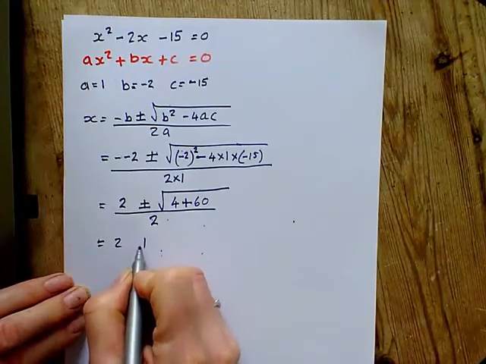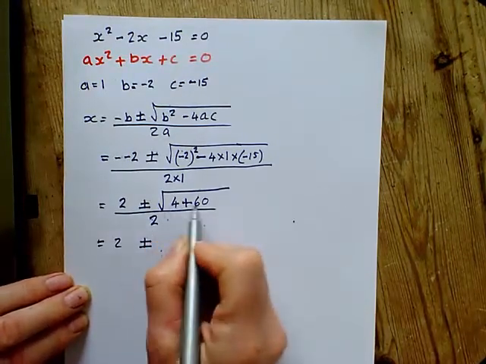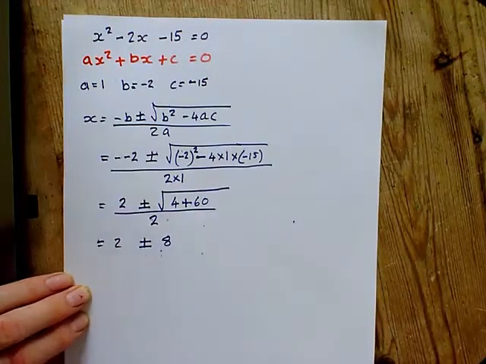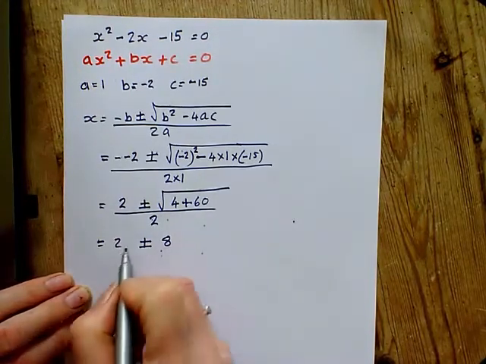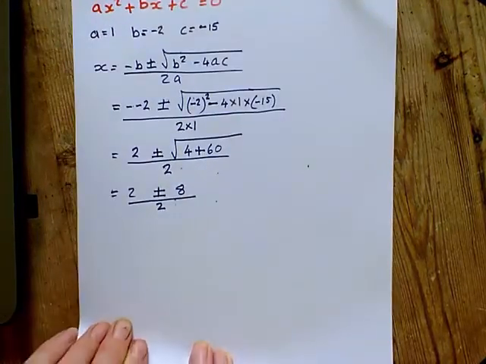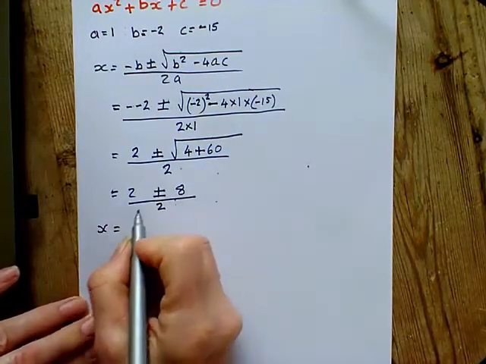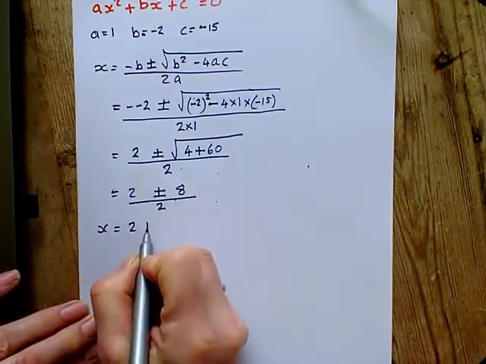So we've got 2 plus or minus the square root of 64 over 2. Now I happen to know that that's 8, because 8 eights are 64. And remember, this is going to give us 2 solutions, so now we're going to go to each individual solution. So one solution is when this is positive,